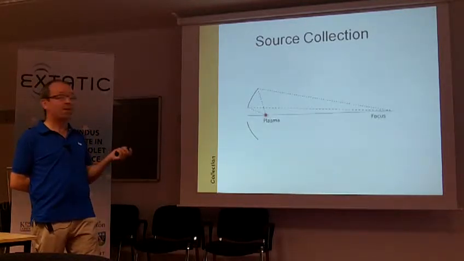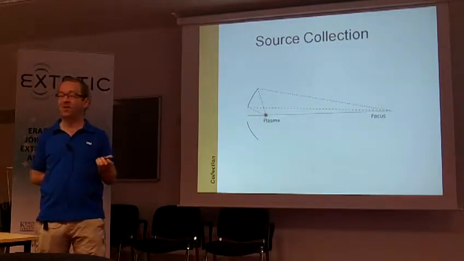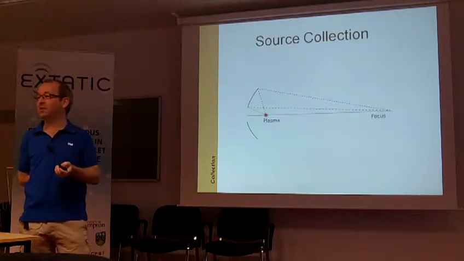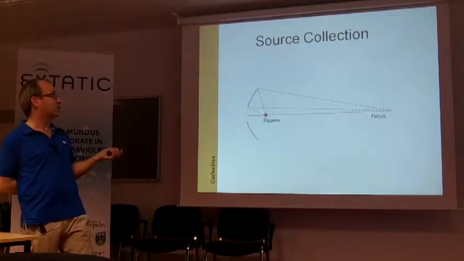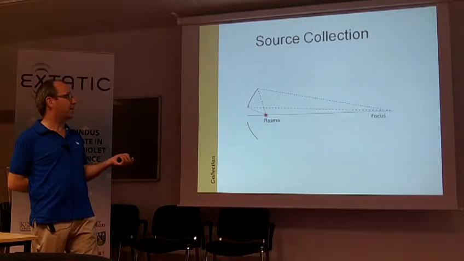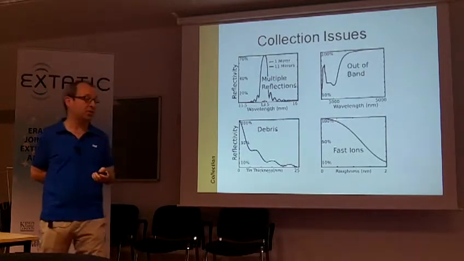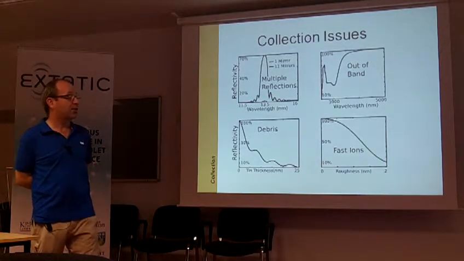And then the simplest, but the simplest in terms of collection solid angle, but the most difficult in terms of manufacture, is a normal incidence system where a multi-layer mirror can be used in front of a plasma to collect a high solid angle and focus the EUV from your plasma to somewhere useful. The collection issues that currently exist